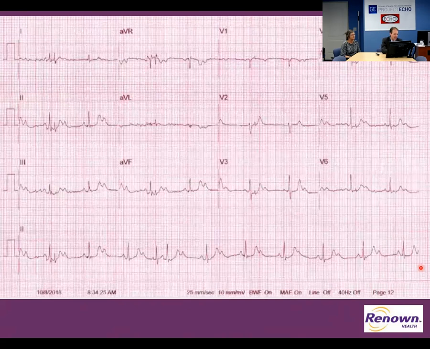In any case, we have a QRS here, here, here, here. This is a premature QRS, and then here, here, here, here, here, here. So we can count them: 1, 2, 3, 4, 5, 6, 7, 8, 9, 10, 11, 66 beats a minute. Remember, there's one extra, so the normal V to V rhythm is going to be just less than 66. So we're just about on that line and that line. 300, 150, 100, 75, 60. So right around 60 beats a minute, and 66 with that extra beat.